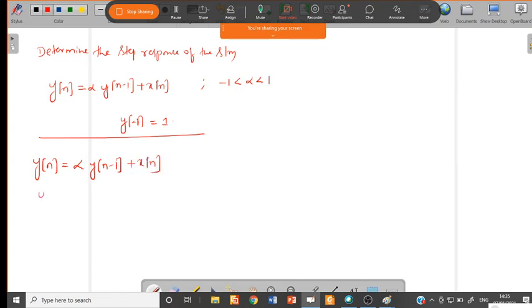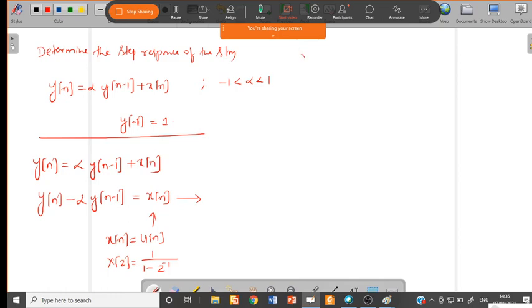So now take this one this side, y of n minus alpha into y of n minus 1, which is equal to x of n. So now use x of n equal to u of n, then your x of z will be equal to 1 over 1 minus z inverse. Okay, so use this one